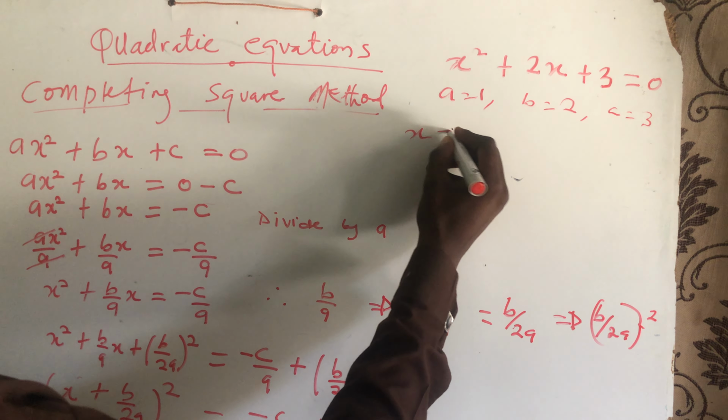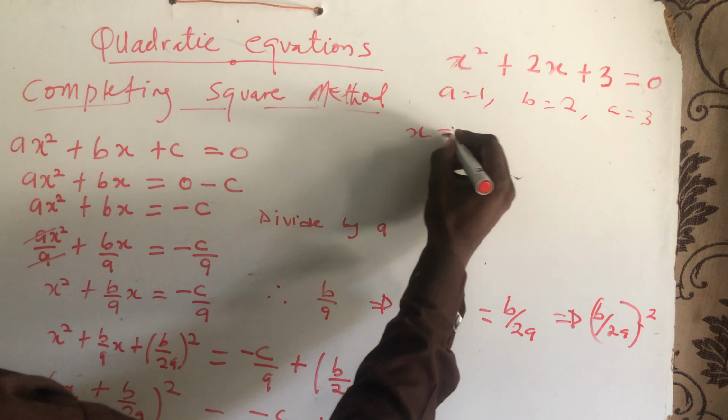So from there we can apply the formula: minus b plus or minus the square root of b squared minus 4ac all over 2a. So from there, minus b means minus 2. So our b is 2, plus or minus the square root of b squared, that means 2 squared, which is 4, minus 4 times a, which is 1, 4 times 1 times c, which is 3, that means times 3. All over 2a, that means 2 times 1. So our x will